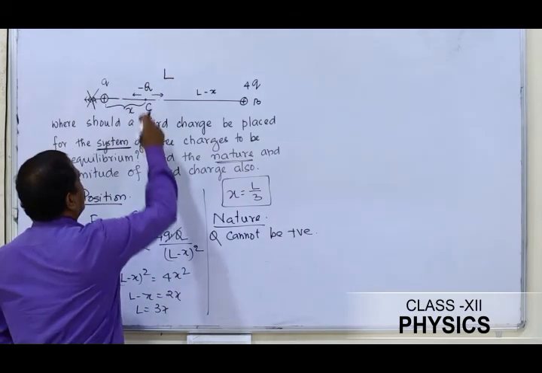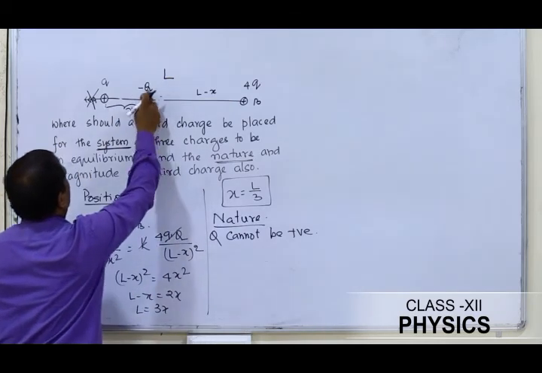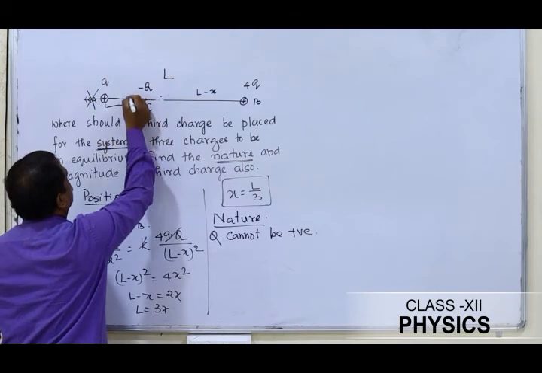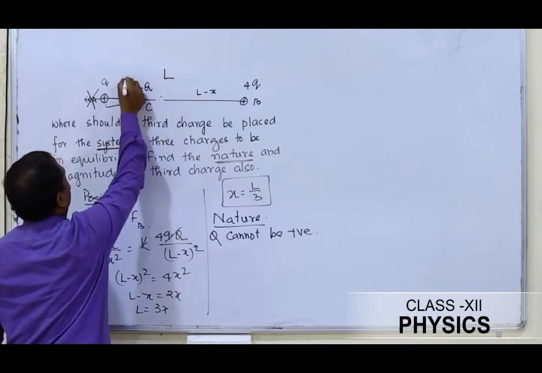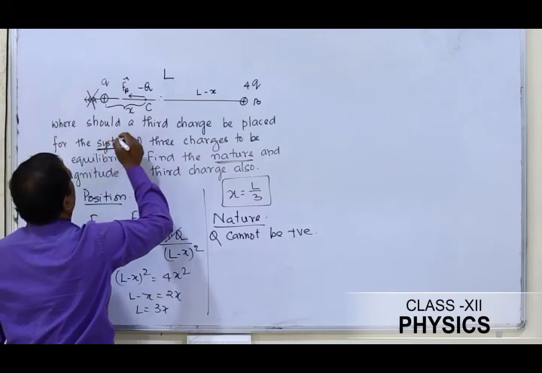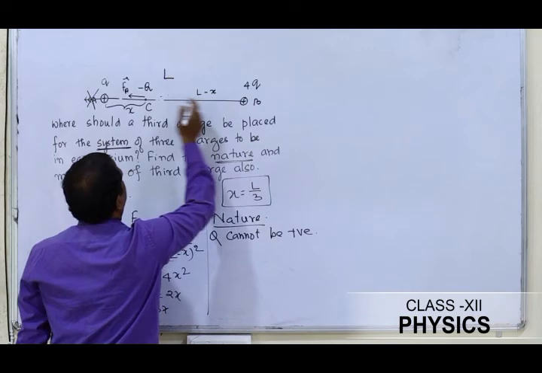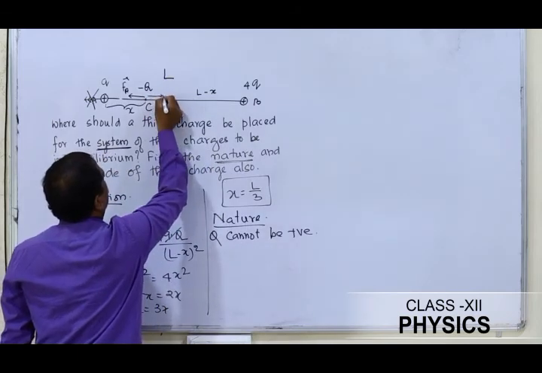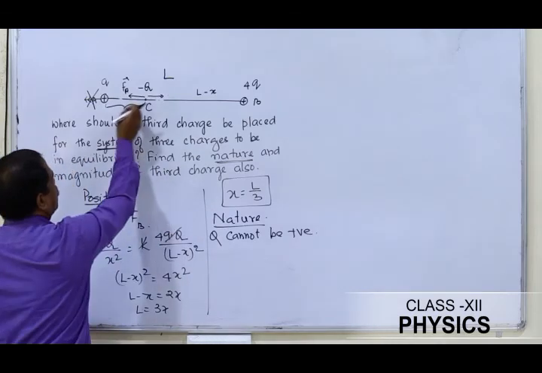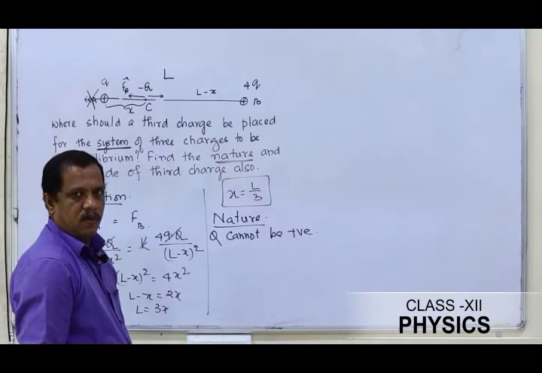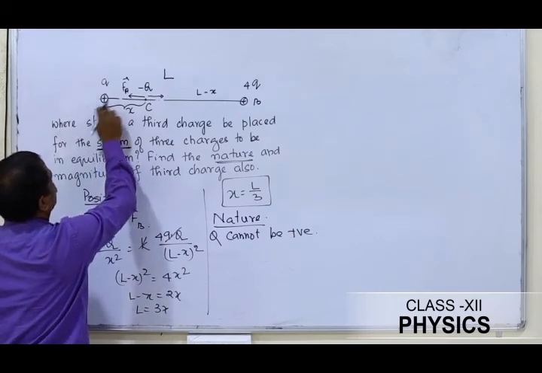If I place a negative charge, I see this negative charge will be experiencing an attractive force here, Fa. And this negative charge will experience an attractive force due to this one. So here, see, the two forces are opposite in direction. Definitely we are going to get an equilibrium position. Now let us check on this one, this q charge.